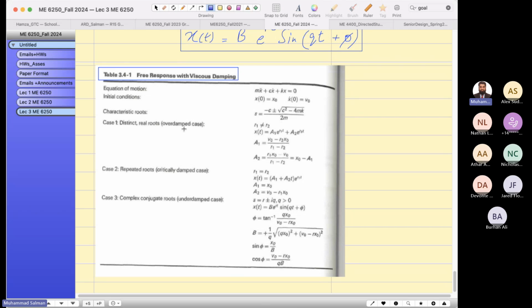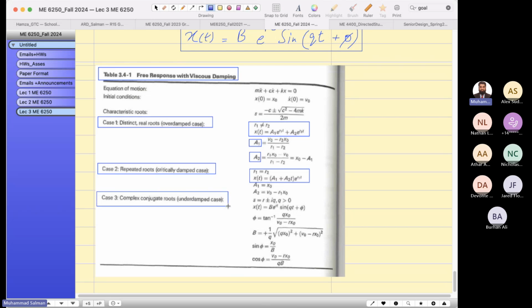If this is case one, the overdamped case, you will use this solution. And how can you find A1? This is given. A1 can be found using this formula. And case 2 is the critically damped system. When both roots are equal, you can write down this formula to model the displacement in this form. And case 3 is the complex roots. Sine and cosine functions can be written like this equation, where phi equals this one and B equals